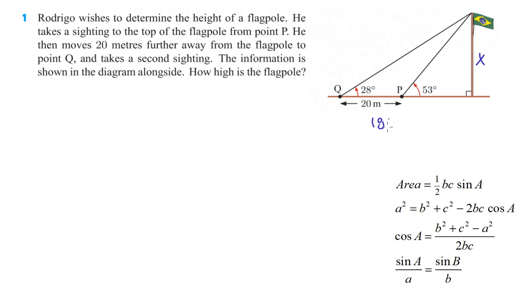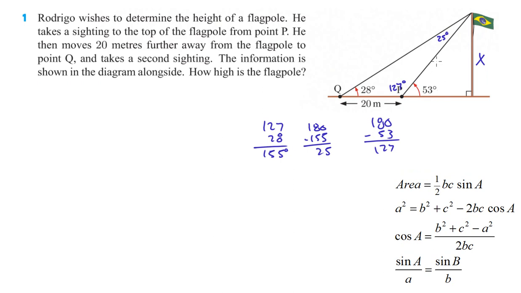Because that's going to be 180 minus 53, which is going to give us 127. So this is 127 degrees. So that means up here, that's going to be 127 and 28, which is 155, those two together. So if we do 180 minus 155, that's going to give us 25 degrees. So this up here is 25 degrees. Okay, so